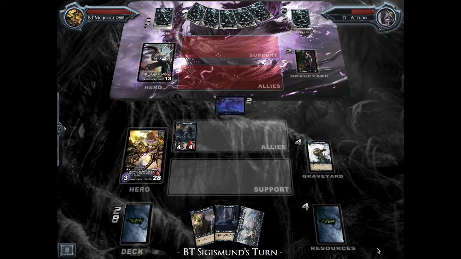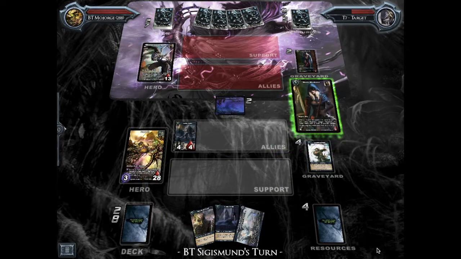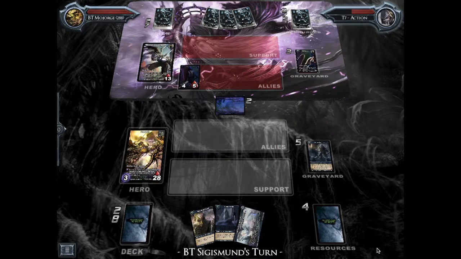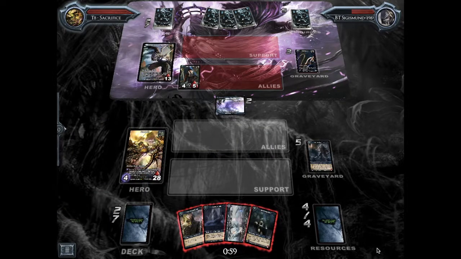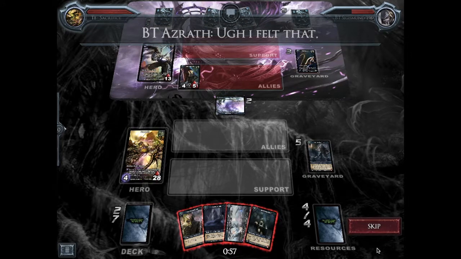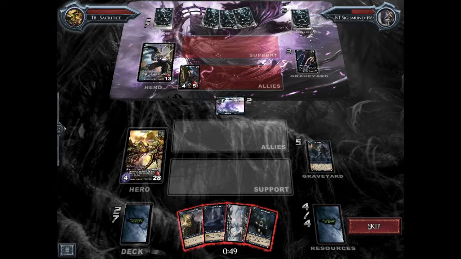So yeah, Sig uses Yahari to exile all of my allies, and then uses Dahlia Black Rose, which is a very good card against this deck, because Trader is easy to counter with allies. And Dahlia lets you discard a weapon and then kill an ally that has lower cost than the weapon. So that just killed my Tactician, which really sucks for my board control,